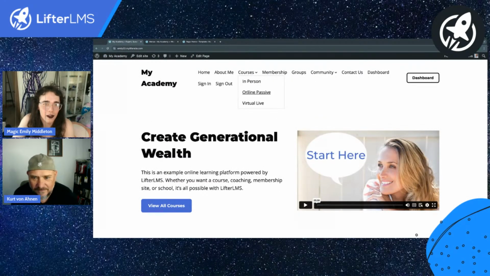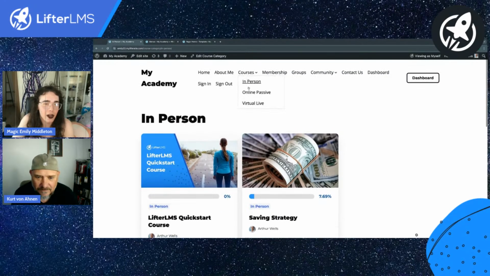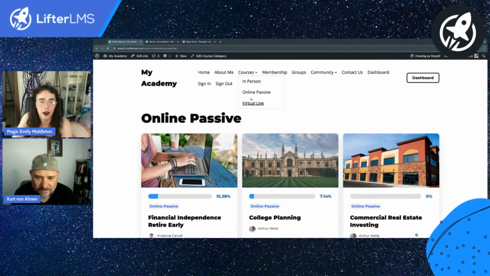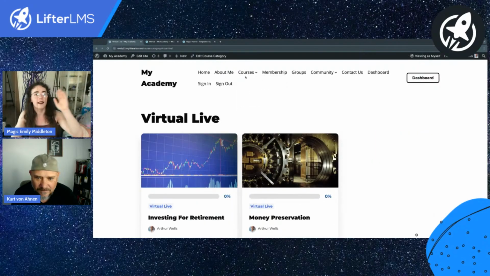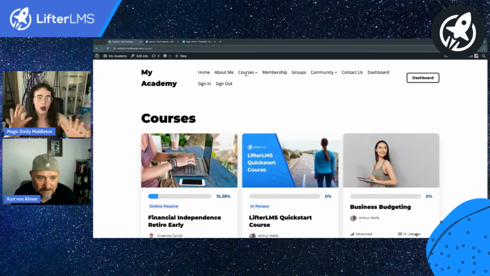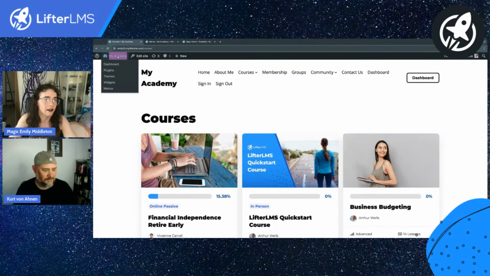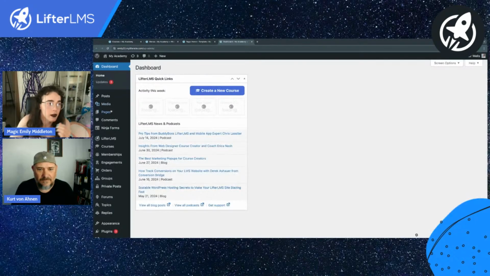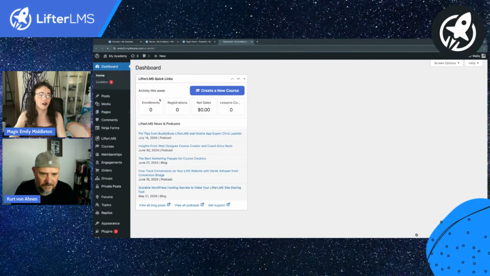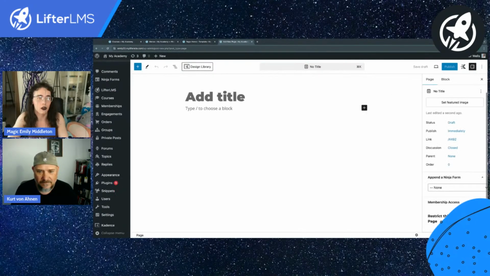So we have in-person, online, and virtual. We have these all available so we can see our categories individually. Another use case for categories that you might want to do is have a page that has all of your categories listed in one place. And so if we wanted to do that, as an example, I'll go to Pages, Add New, and say new